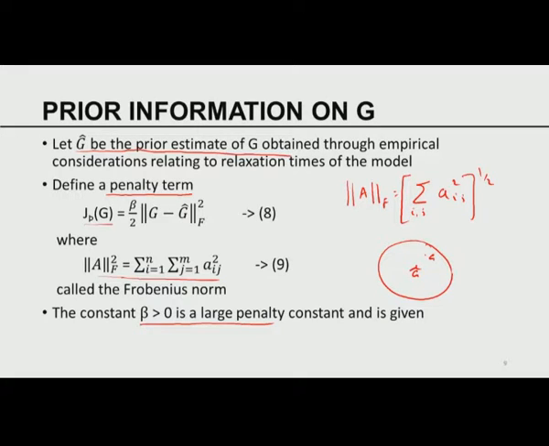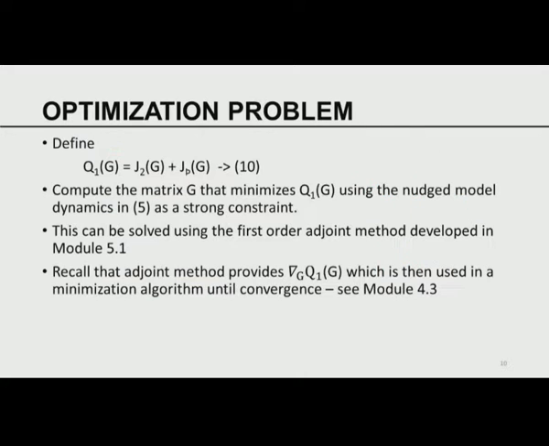And I am giving myself some freedom by being able to choose the penalty term. At the same time, I have the forecast error term, sums of squared errors. Therefore, I am now going to conjure up a new criterion, which is Q1G, which is going to be a sum of J2 plus JP. Why do I call it J2? Because it is a two norm, JP, P for penalty term. So compute the matrix G that minimizes Q1G,